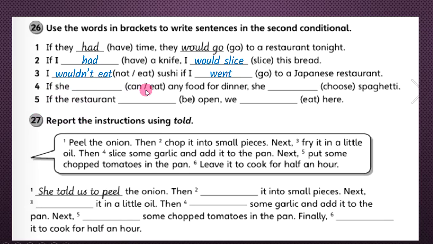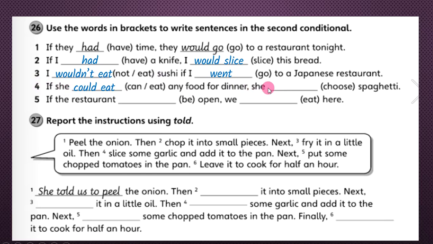Again, after if, change the verb to the past verb. Now the verb, of course, is can. Because I have can, I'm going to change can. I don't change eat. And when I change can to the past, I don't change eat, because after can, the verb is the base. Okay? So I can't say if she could eaten or ate. No, I don't change 2 verbs. I only change one of them, the first one, which is can. I would say if she could eat any food for dinner, she